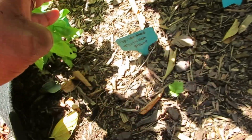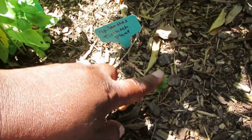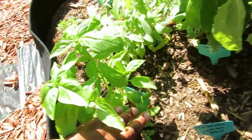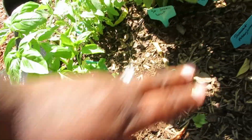Sweet marjoram just died out. The toothache plant is here. It's not doing as good as it could be. Have another sweet basil growing. As you guys can see, it's doing pretty well. It's doing really good, actually. And yeah,